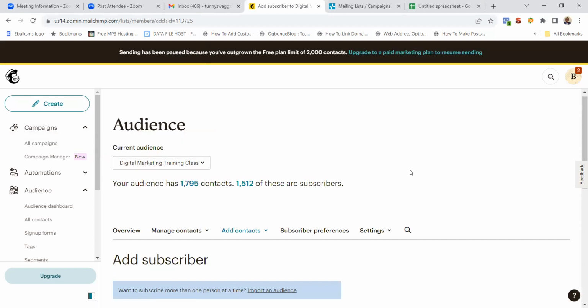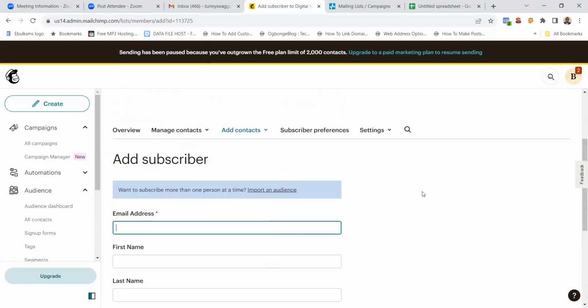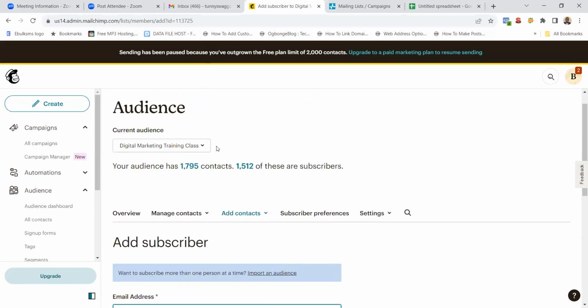So we've looked at how to import people into your Mailchimp account. So next, let's look at how to send email campaigns. You can see this account I'm using is a free account. You can see at the top that it says upgrade to the paid account, but the thing is, this is a free account that is an old account. This account was created in